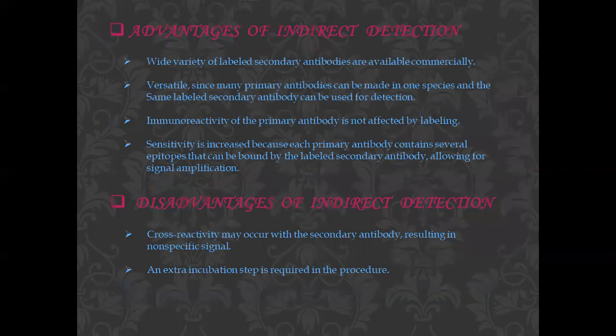Advantages of indirect detection: a wide variety of labeled secondary antibodies are available commercially. Since many primary antibodies can be made in one species, the same labeled secondary antibody can be used for detection. The immunoreactivity of the primary antibody is not affected by labeling. Sensitivity is increased because each primary antibody contains several epitopes that can be bound by the labeled secondary antibody,